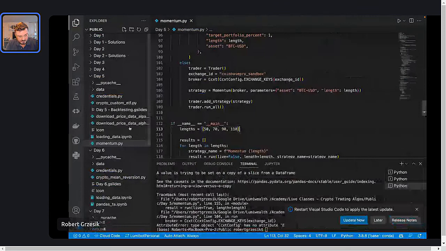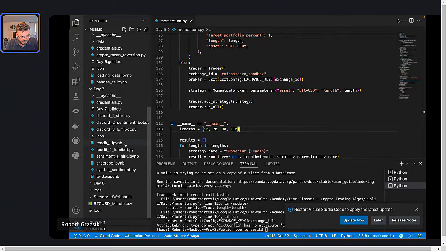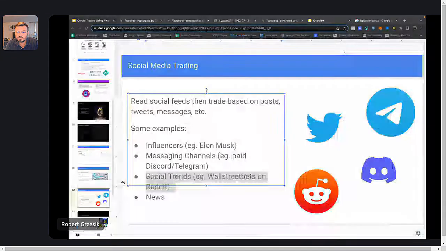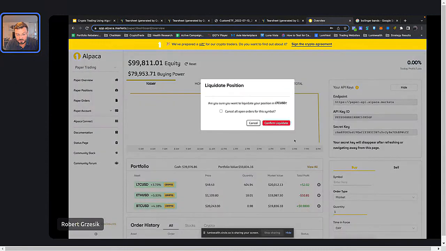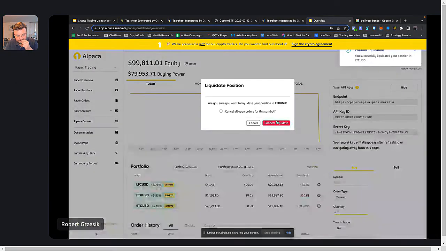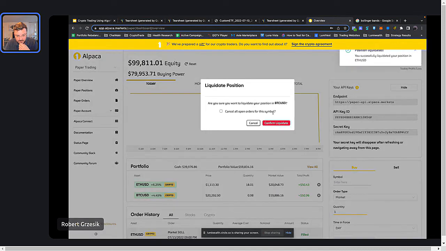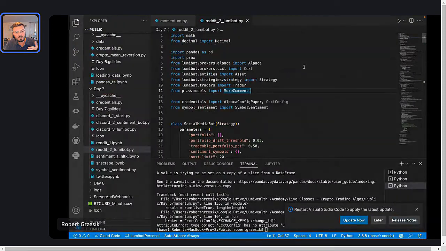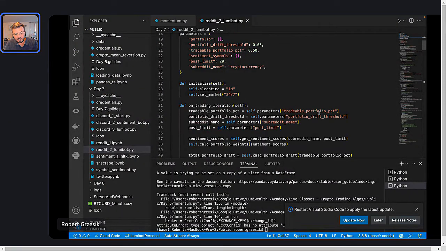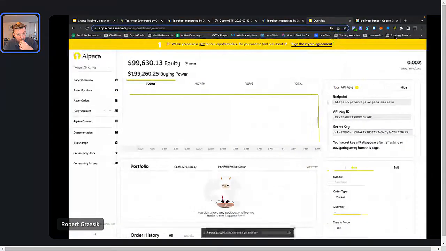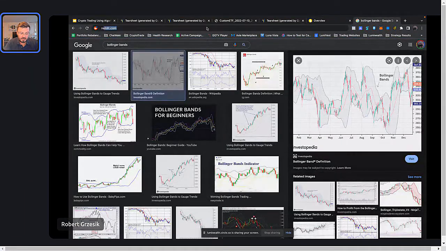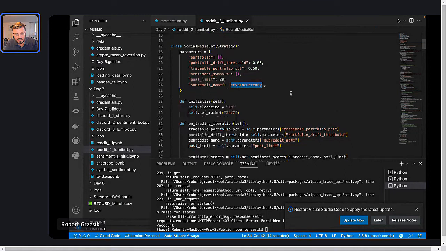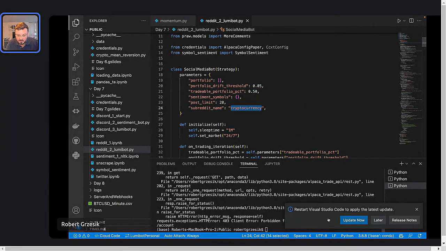And actually, let me run this for you so you can see an example. I want to show you an example of this stuff. I'm going to sell these things I had in here before so I could show you what's happening. So what I'm going to do is I'm going to run this bot that basically goes to Reddit, and goes specifically to a channel in Reddit, the crypto channel. So we go reddit.com, and it goes to the cryptocurrency subreddit. You could change this to be whatever you want it to be.